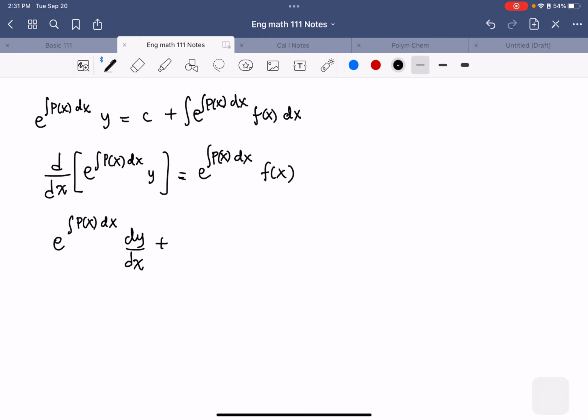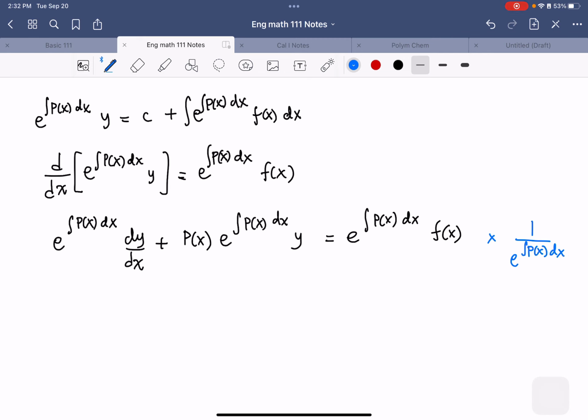If we differentiate, we have the integral on the top. This will be chain rule, will be px, and then e. We still have that, and then y, and then equal e integral px dx f of x. Okay, if we divide or multiply with 1 over e integral px dx, this will cancel, cancel, cancel, and you will see that this is going to be our original equation,